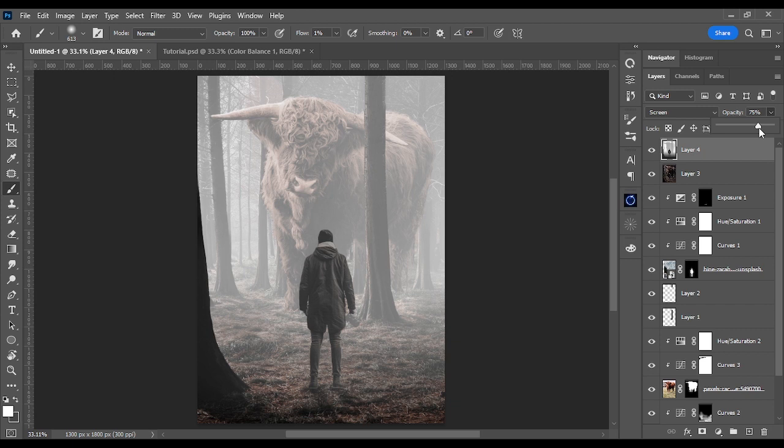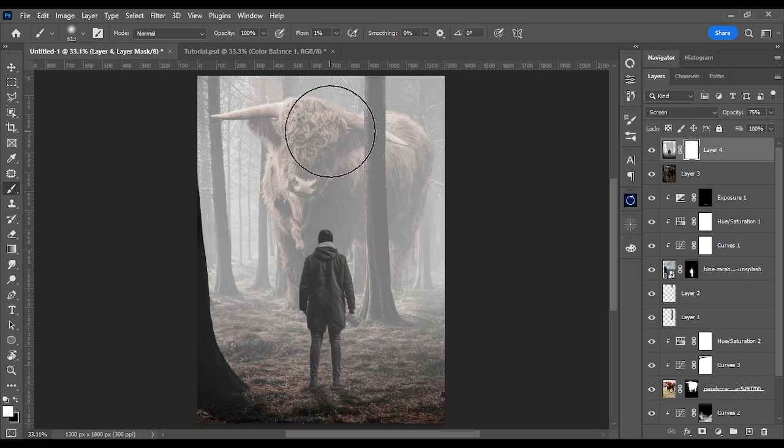And here you can see it looks amazing. And let's make the image a little more dramatic, and let's see how we can do that. I think, here you can see it's a little bit too much fog on this person and on the face, on this skull face as well. So let's fix it. Now what you have to do is simply click on this mask icon at the bottom of the layer panel,